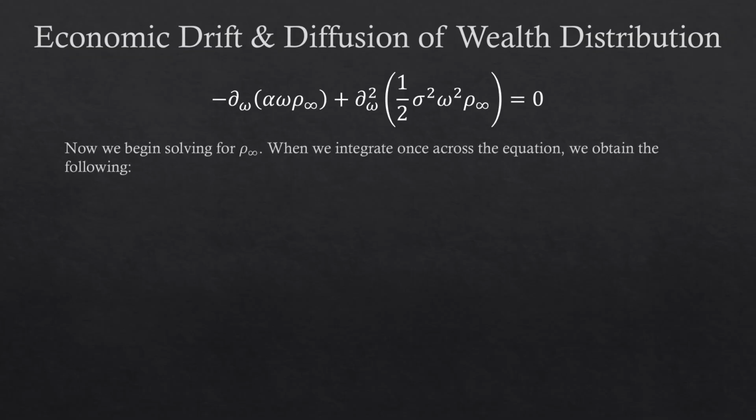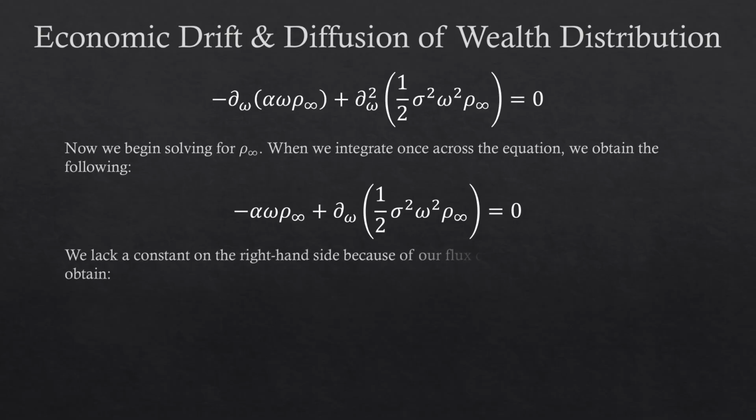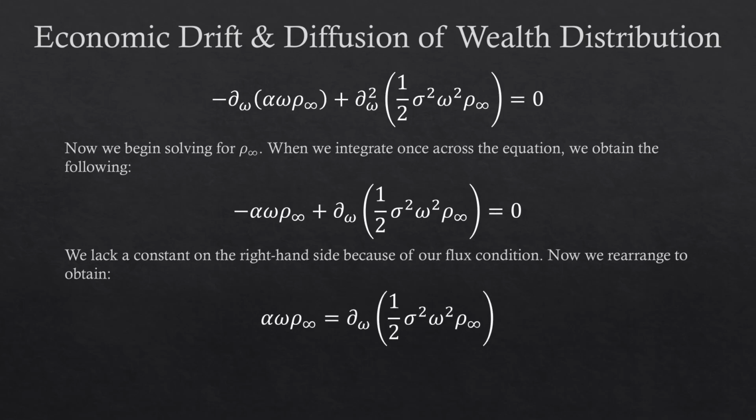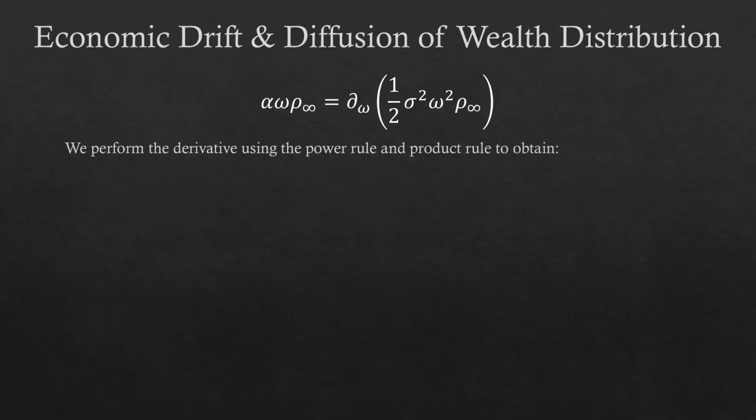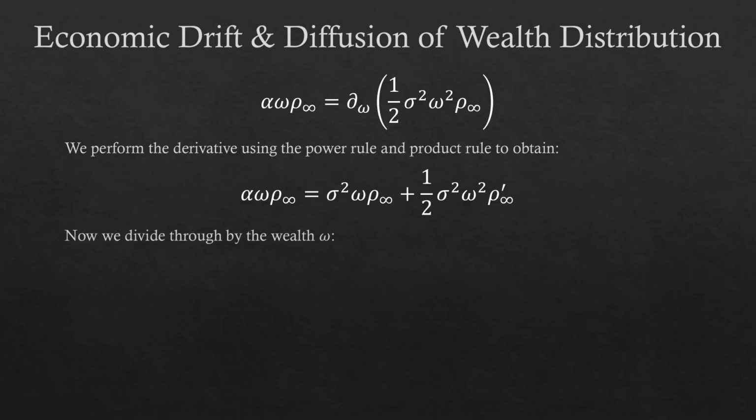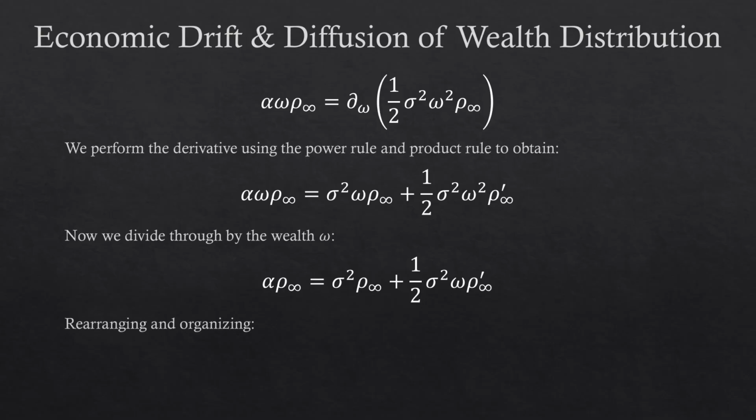Now we begin solving for rho sub infinity. When we integrate once across the equation, we obtain the following. We lack a constant on the right-hand side because of our flux condition, so we don't see the constant of integration. Now we rearrange to obtain the following. We perform the derivative on the right-hand side using the power rule and the product rule to obtain the following. Now we divide through by the wealth omega. Rearranging and organizing, we obtain